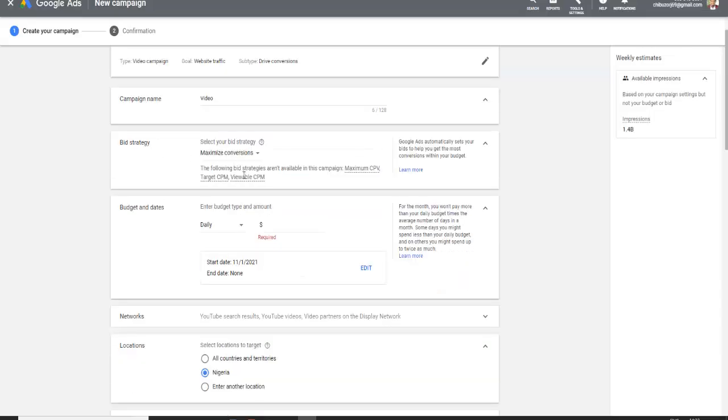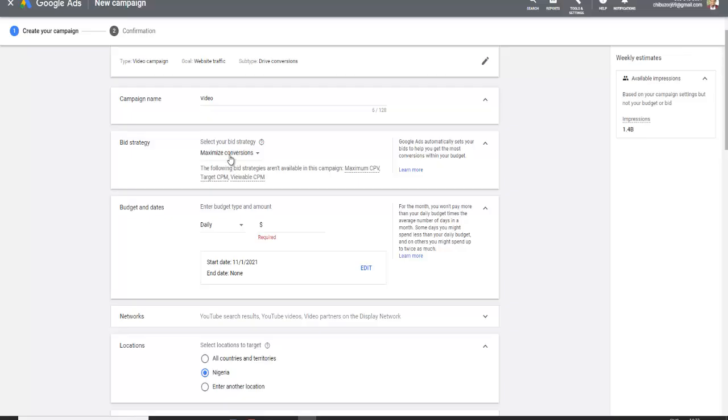So give it a name of your choice up here, and then under bid strategy, leave it as maximize conversions. What is important here is the fact that your conversion is maximized based on what is happening in your advert, within your ads and product, and people's engagement on the advert, plus other people that are running ads on Google. Else, if you want to do it yourself, you can decide to